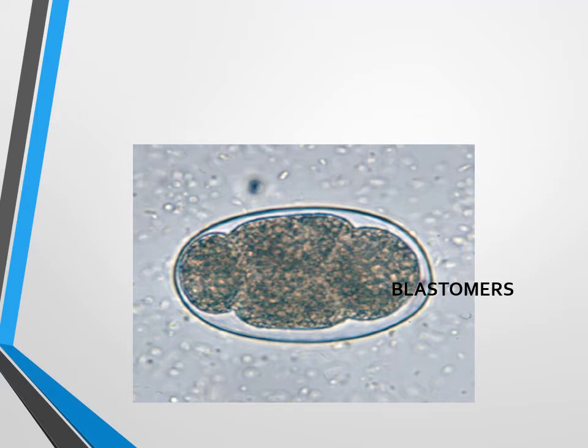So this is the egg of hookworm, and what you see is that it is oval in shape and approximately 60 to 40 micrometer in size, and there is a thin colorless hyaline shell, that is the outer layer. There is a clear space between the shell and the embryo, and this embryo is segmented. These are called the blastomeres. Four blastomeres are there.